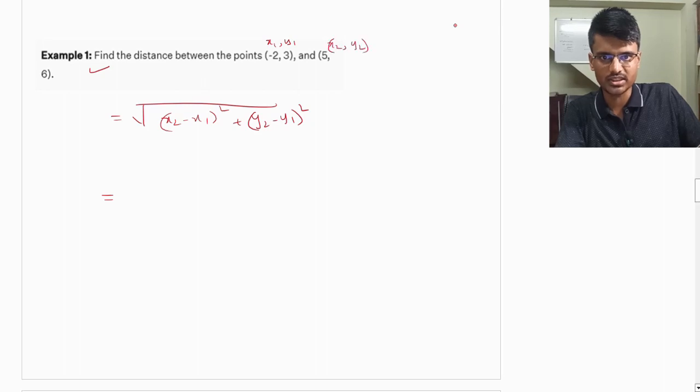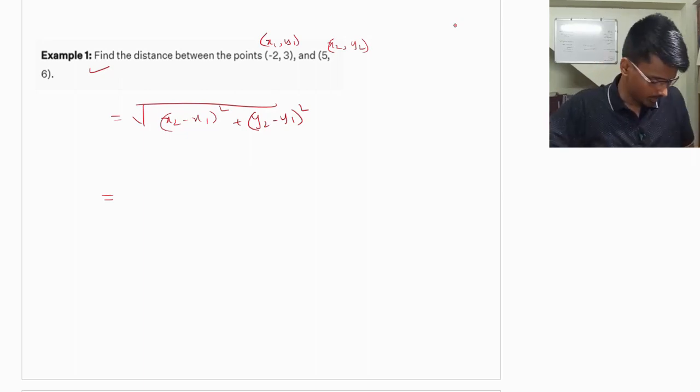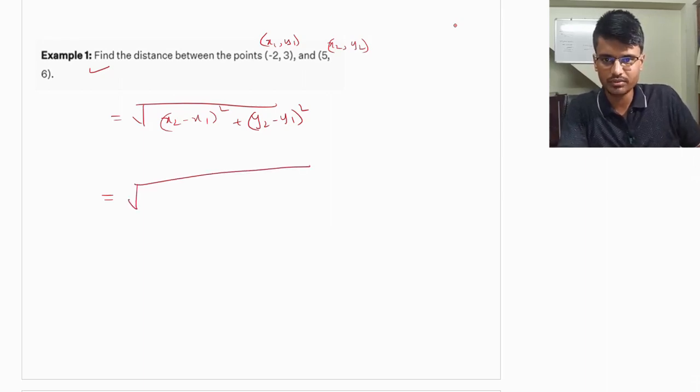I just need to substitute. So I have got x2, which is 5. 5 minus 2, whole square, plus y2 minus y1. Y2 is 6 and y1 is 3. So this is nothing but